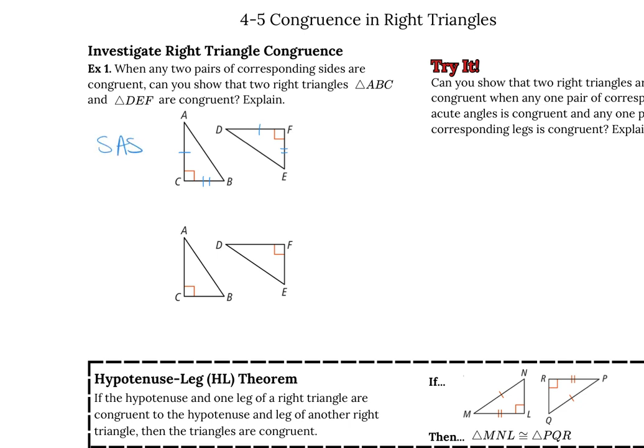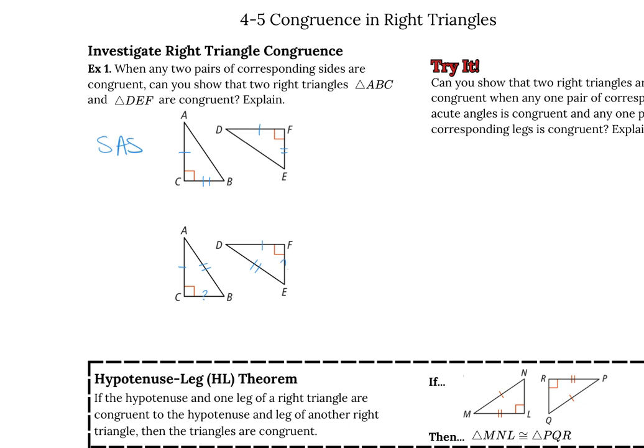But if we were given these, now our side, angle, side, our angle isn't between the two sides, so we can't use side, angle, side, but we can prove this another way. So if we were given those two sides, but we have our right angle, we can use the Pythagorean theorem to find our missing side. So I would be able to find this missing side